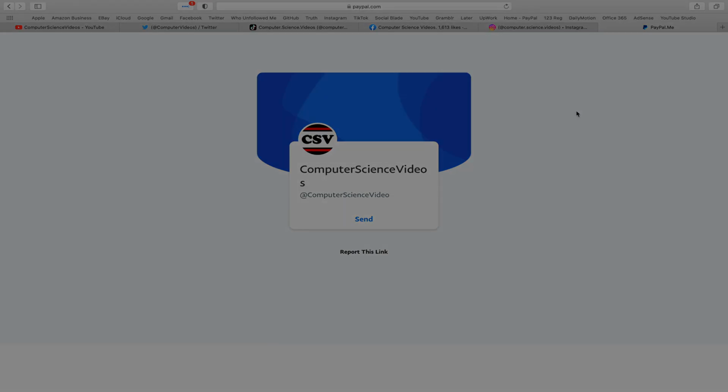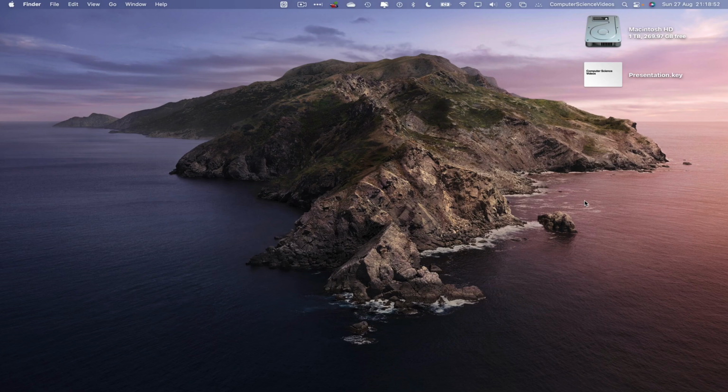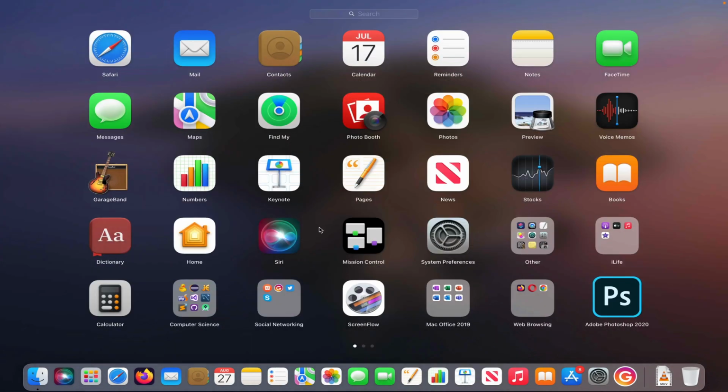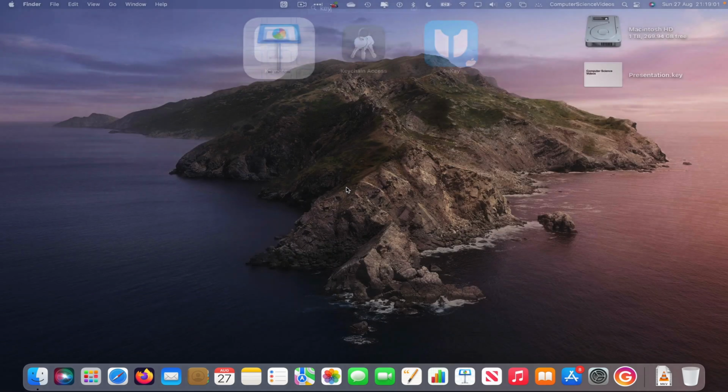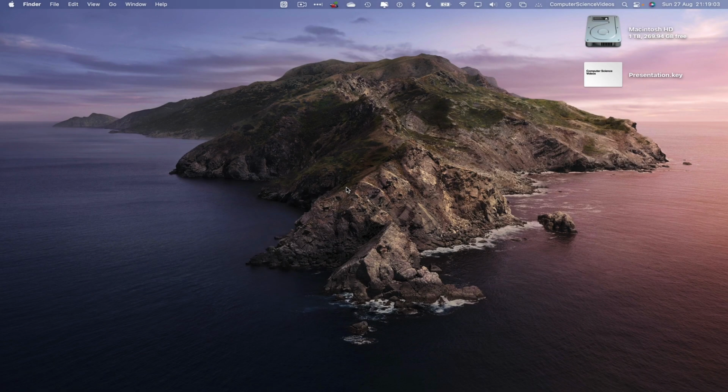Let's now focus on the video. So now let's go around to the dock. Go to Launchpad, go to the Keynote application. Search for this, open up the Keynote application. Wait for that to load. Once that is loaded,